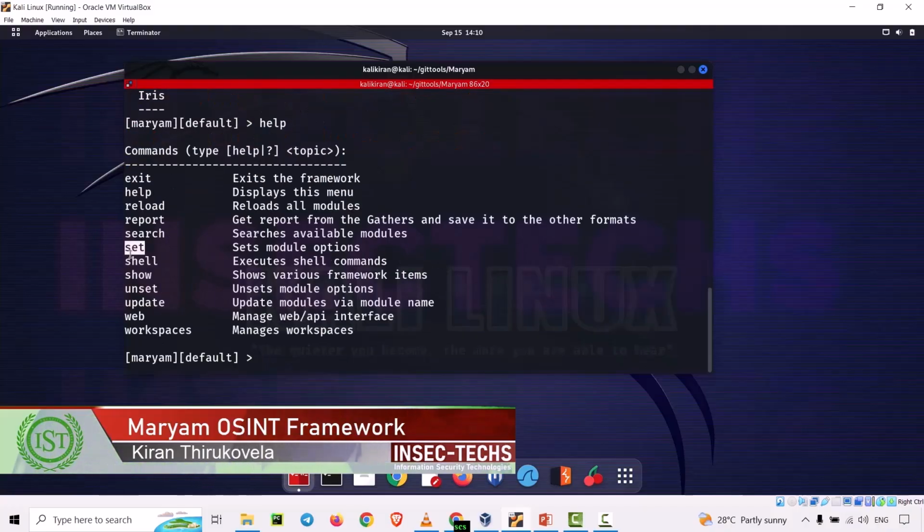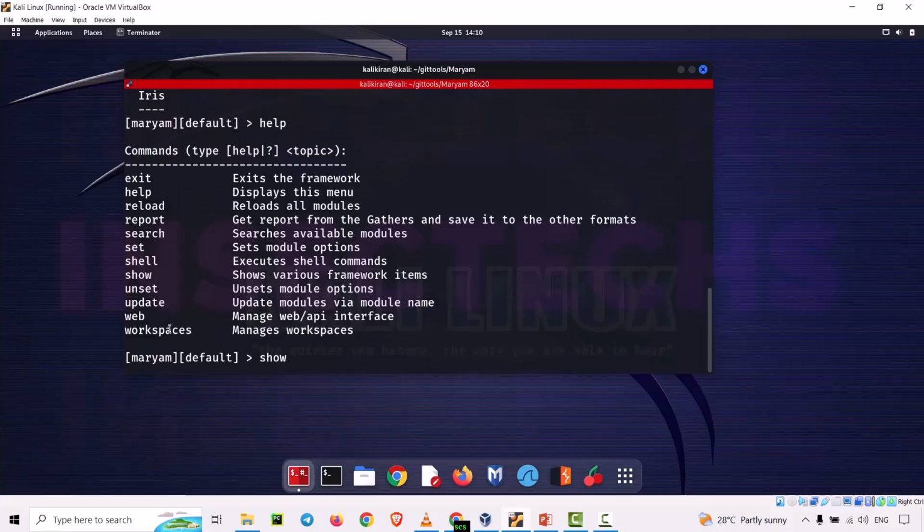So set, shell, show, unset, update, and so on. So we can use the show command, show options, show module name, etc. So let me type show. As you can see, we have an item over here. The item or command, you can call it item actually, because you can use the show command to show various items of a framework. So this item workspaces, show